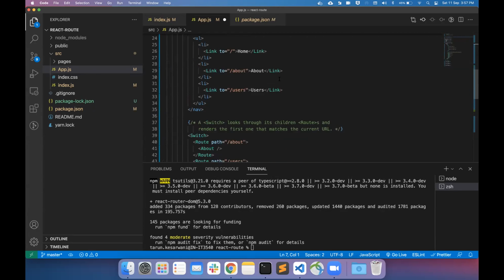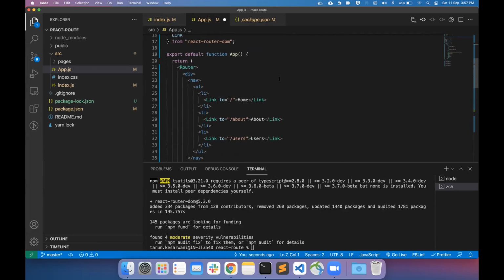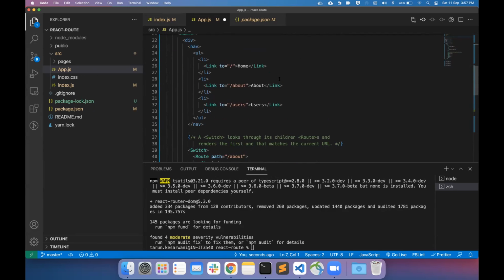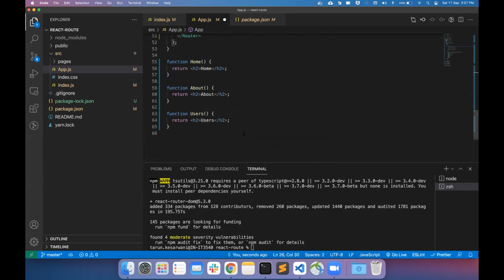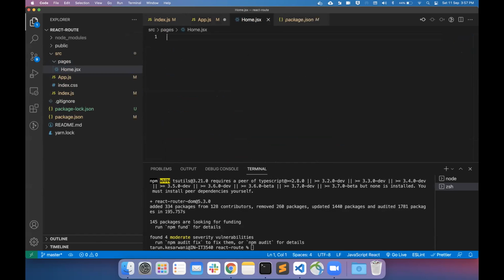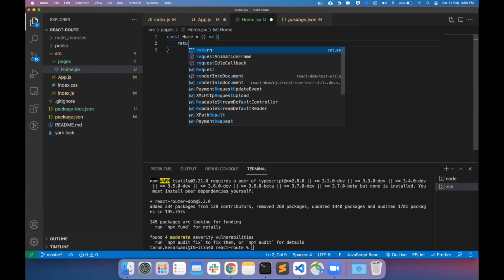Okay. So we are going to understand the first thing, which is that we are going to create three pages: home, about, and users. Let's create our basic three pages first. So I will create the home page.js. Then let's create the component here: const Home equal to a component, and here I am going to return